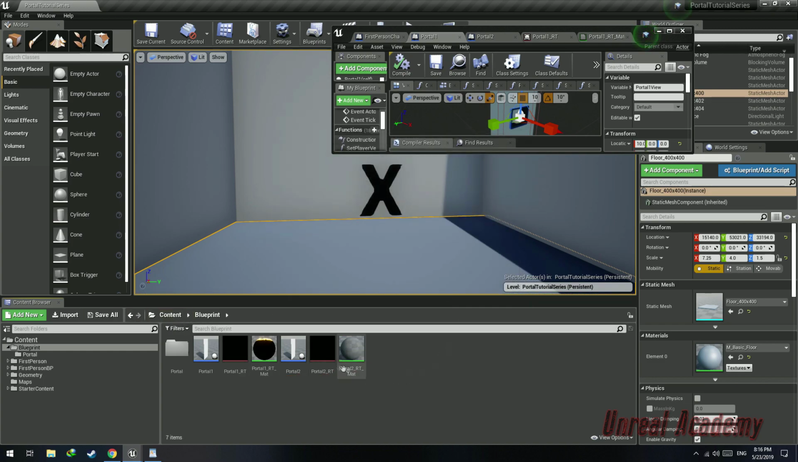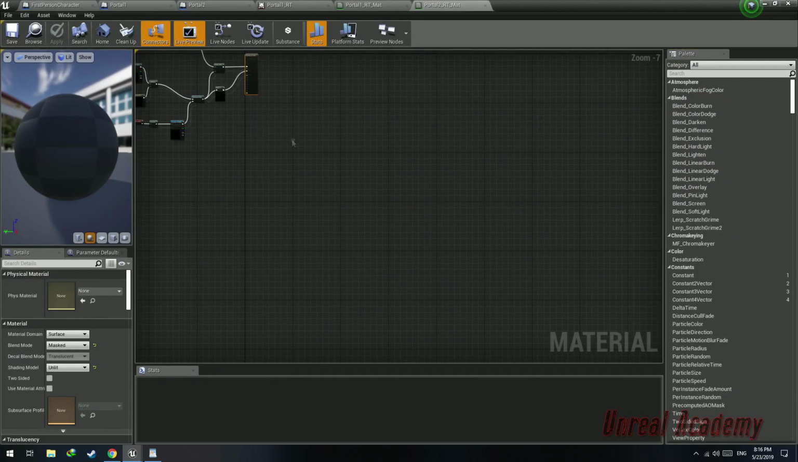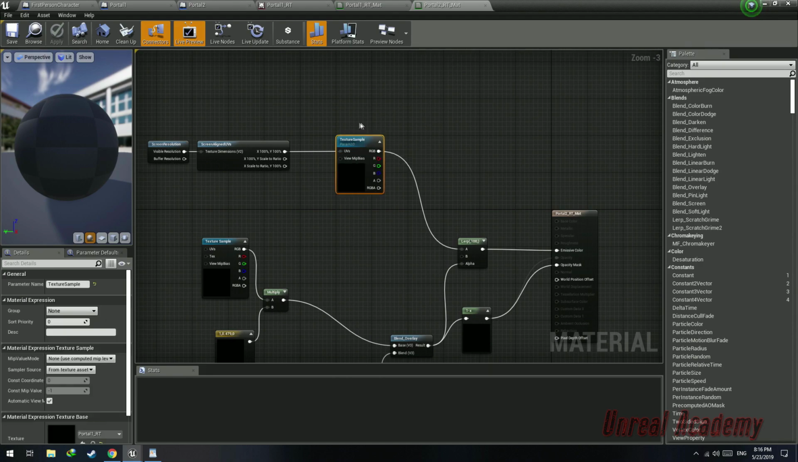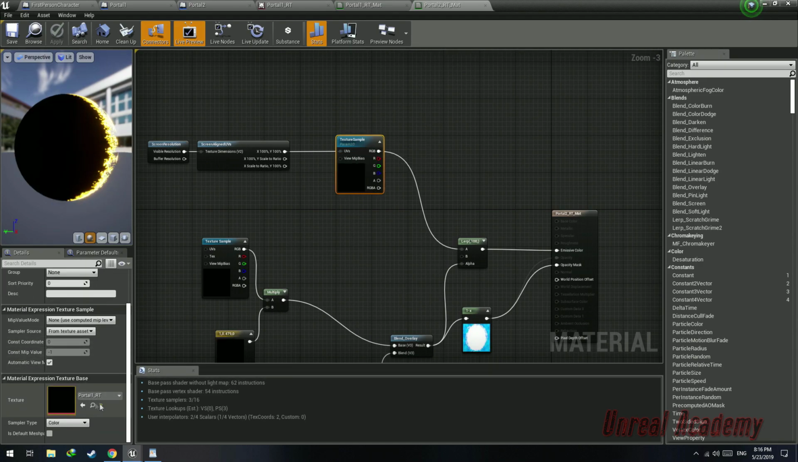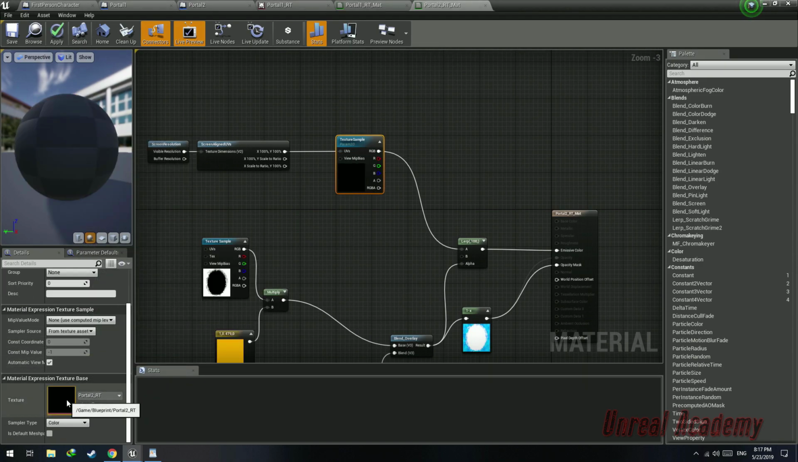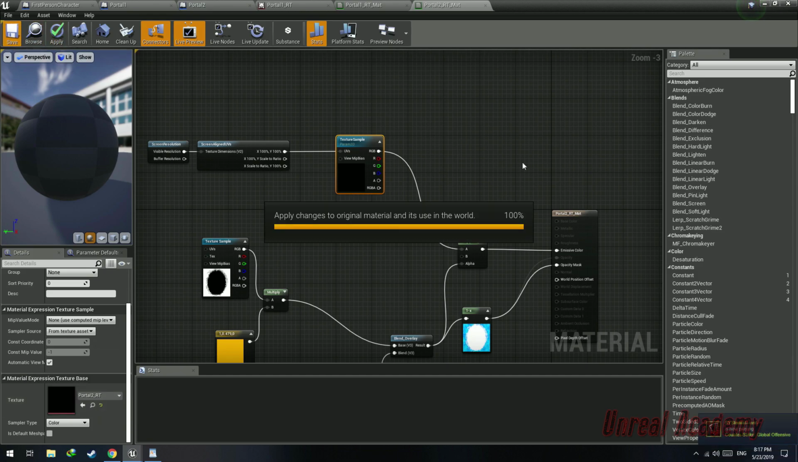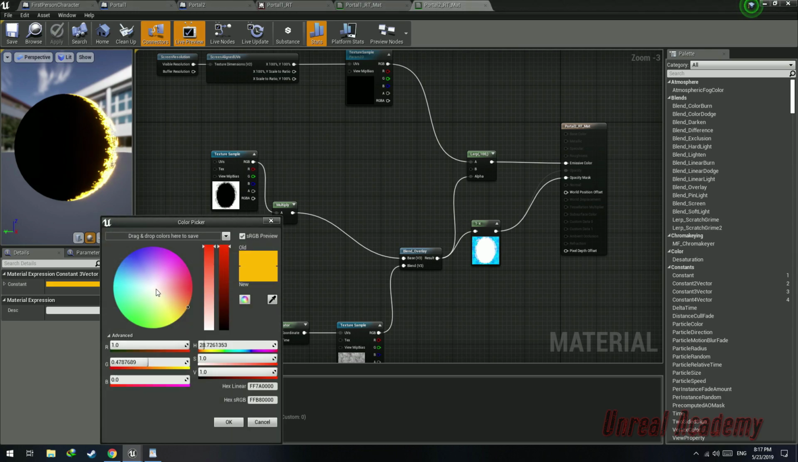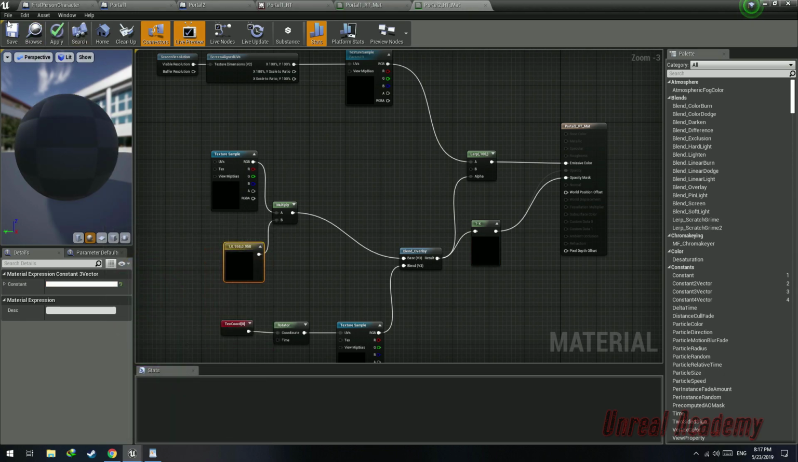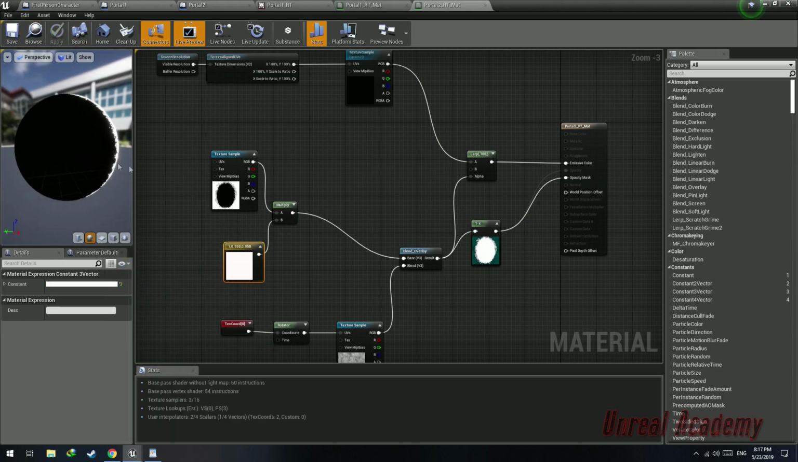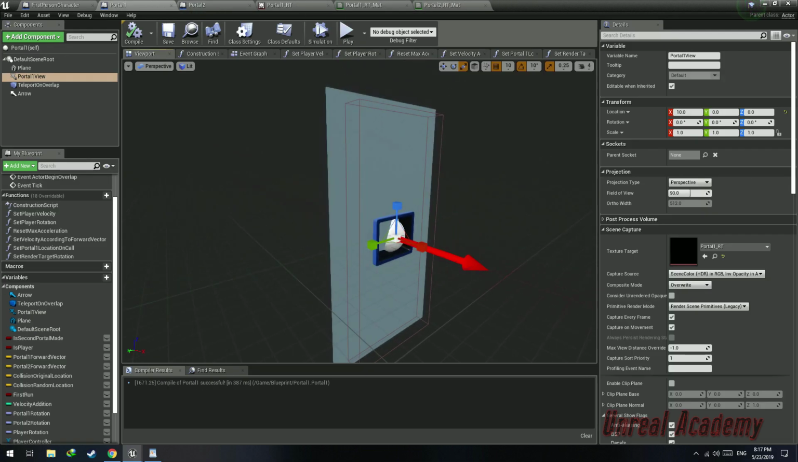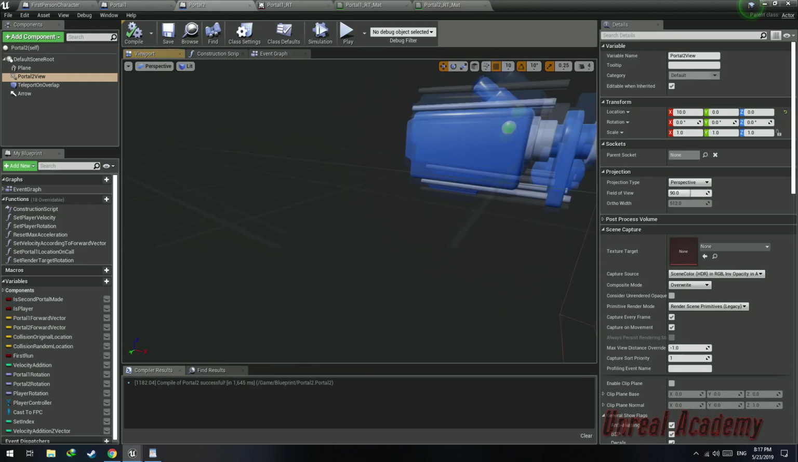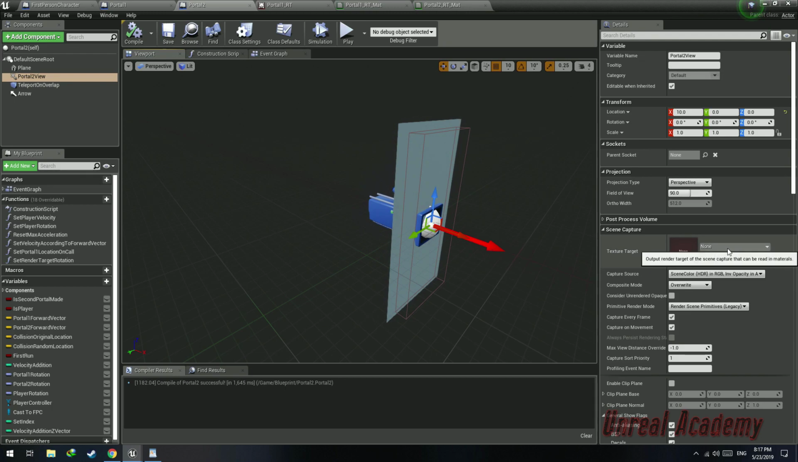Save all, save selected, open up the portal 2 render target material, and select the texture sample parameter 2D and change the texture to portal 2 render target. Hit save, change the color to anything you want. I'm going to use white. Okay, and save. So now open up your portal 2 blueprint, select the camera, and change the texture target to